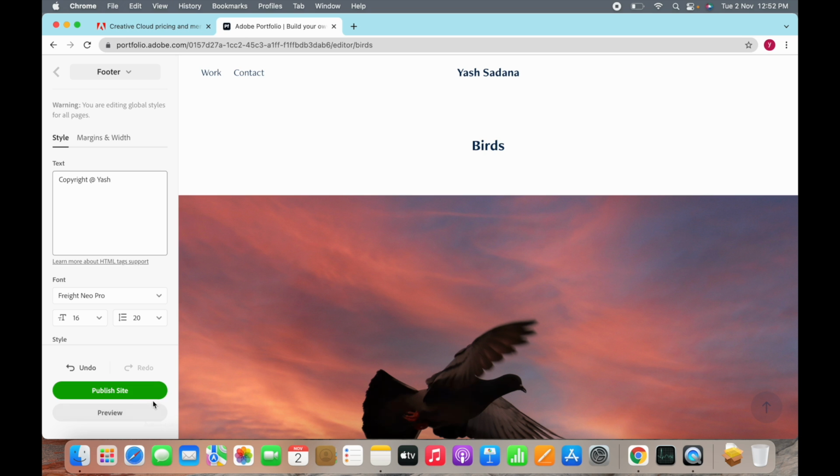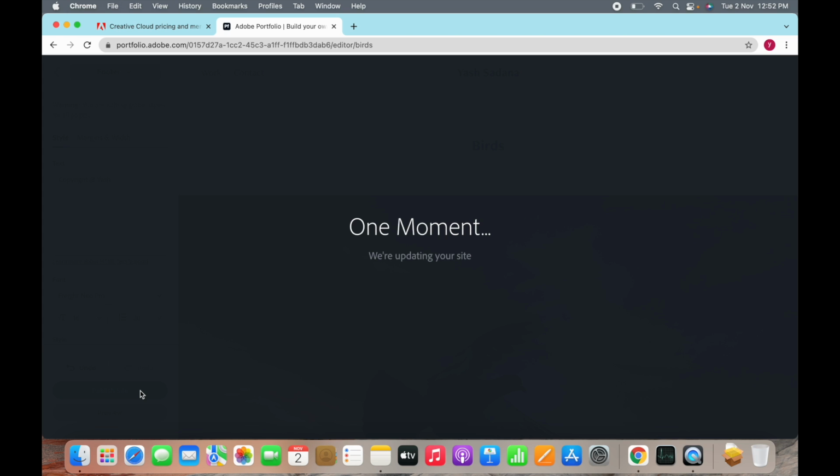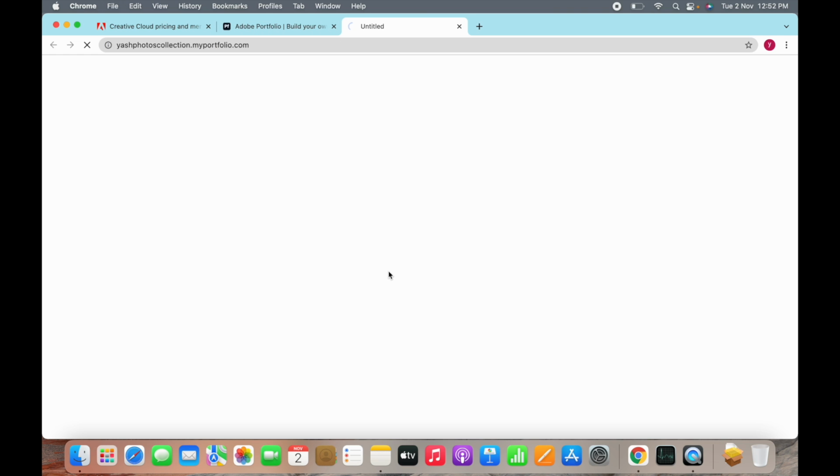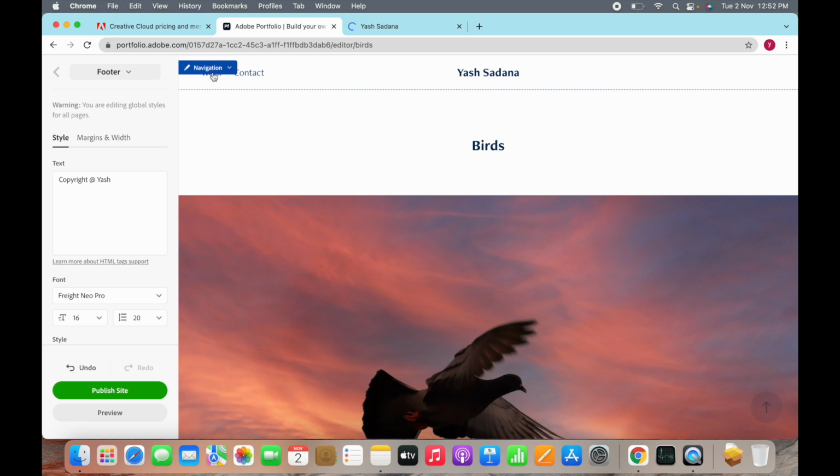In order to save the changes, you have to click on this button, publish site. So it will save the changes. You can view your site by clicking here. I'll go back to the home page.